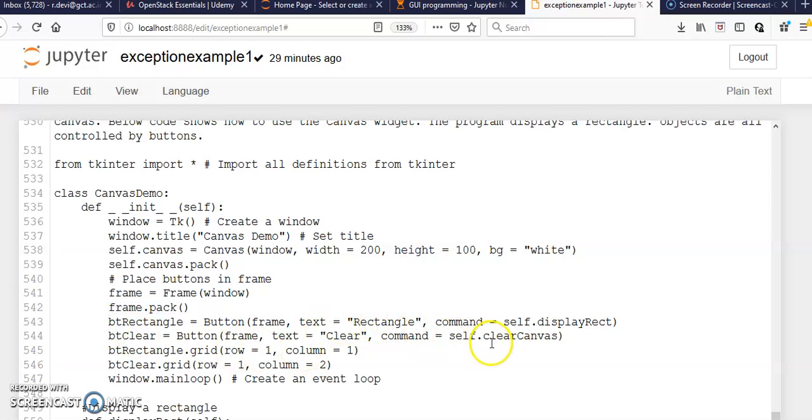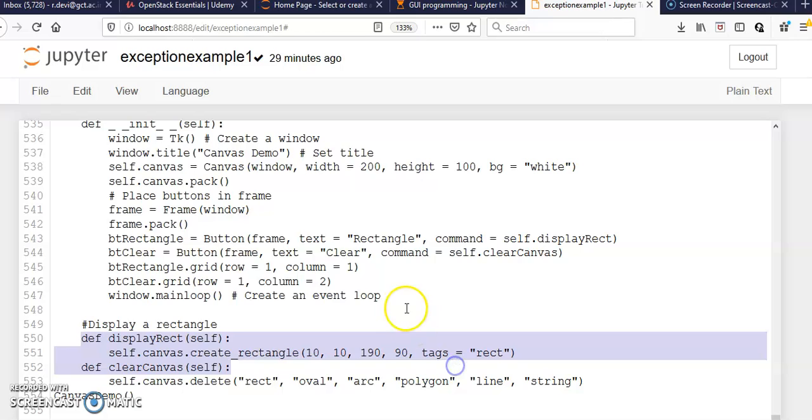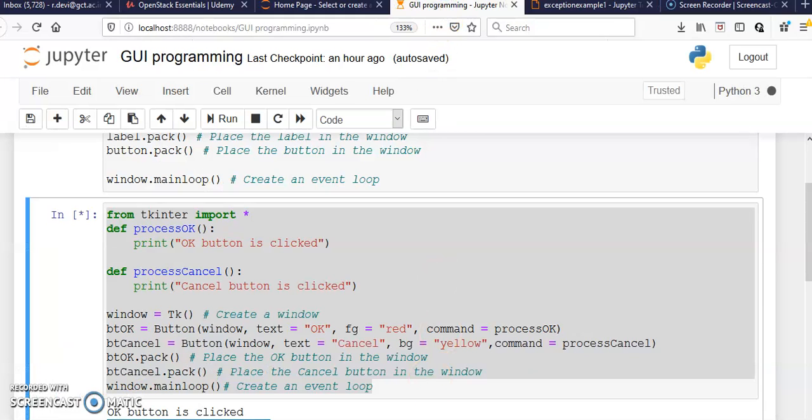If you see here, it is executing the command self.displayRect, so automatically this method will be called. Similarly, in the clear button, self.clearCanvas is called. So we will see how this program is executed. First I will close that particular box.